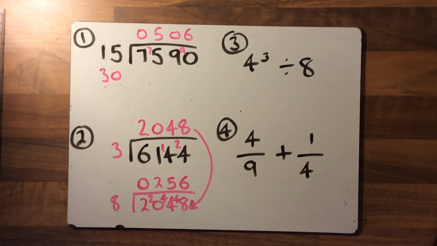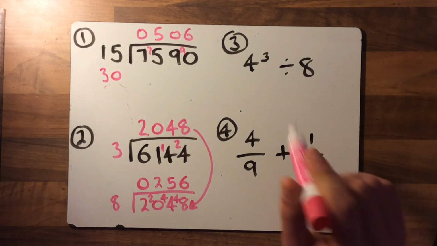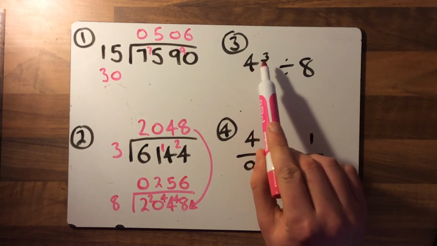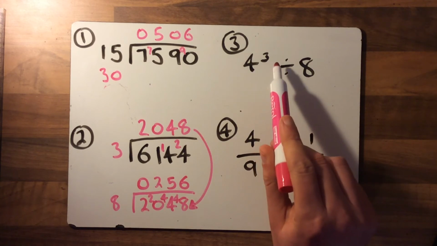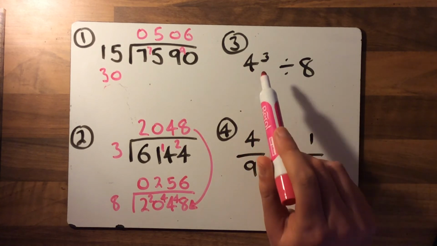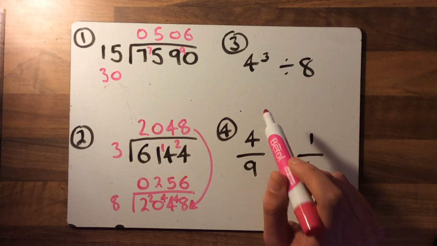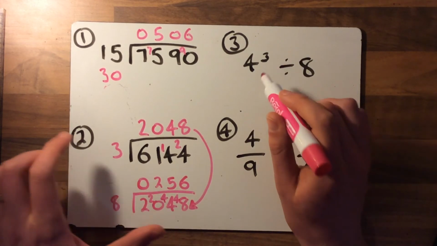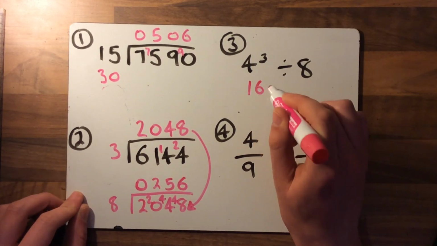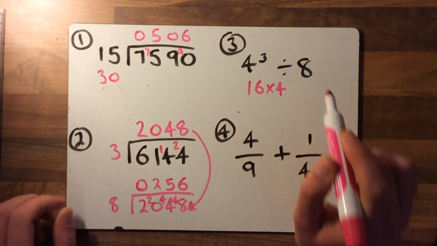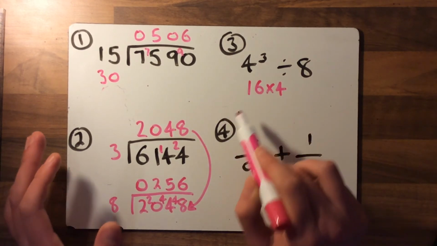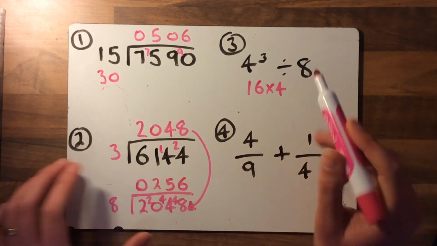Okay, number 3 is a BIDMAS question. Now we've got no brackets, but we do have indices here. 4 cubed. Now remember, that's not 4 times 3. The answer is not 12 for this. It's 4 times 4 times 4. So 4 times 4 we know is 16. And it's 16 times 4. So we could just double that twice if we wanted to, or we could write it out formally. But we know that that answer is